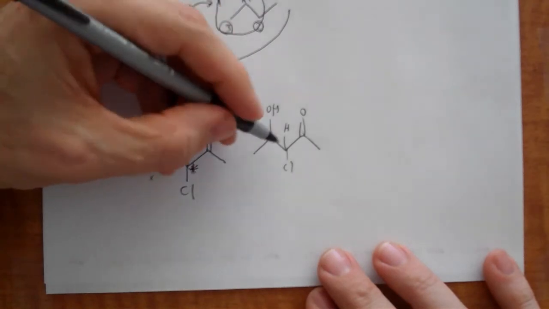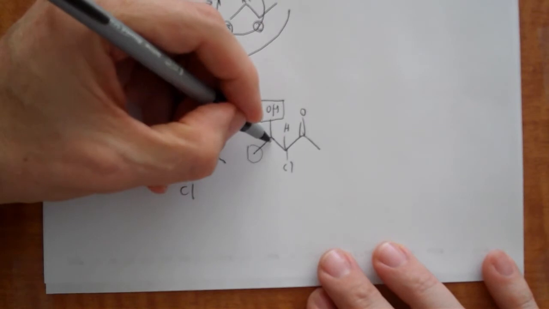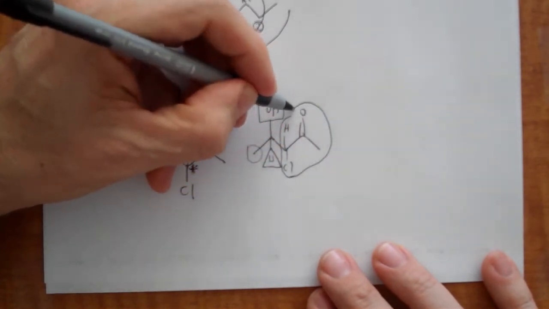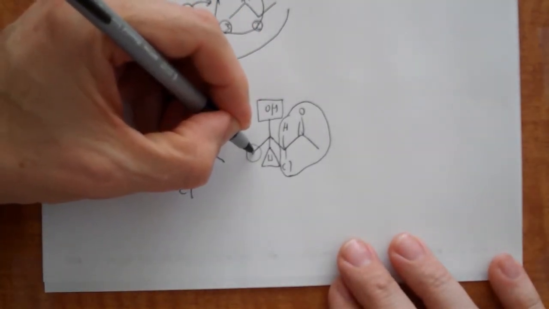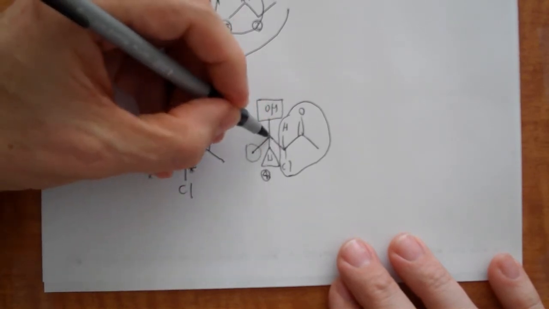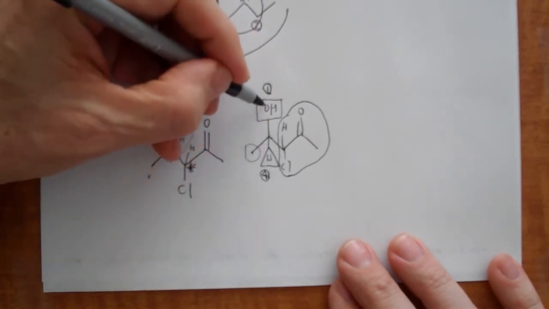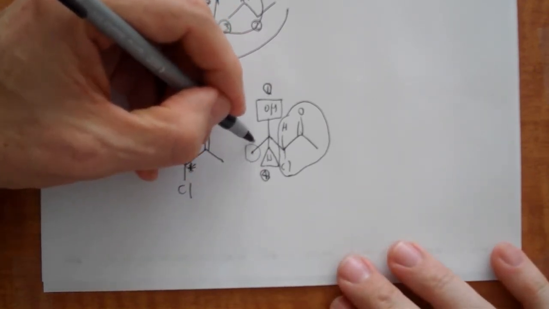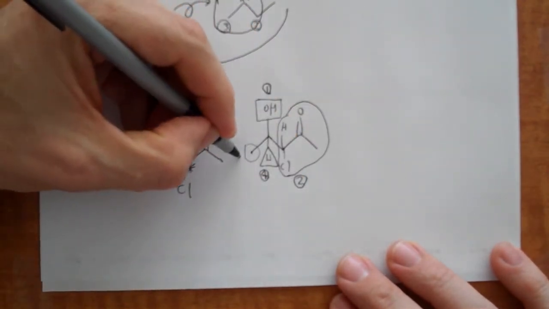Okay, let's talk about this one first. It's got a methyl group on it, a hydroxyl, a hydrogen, and this other mess. Okay, so let's go out. First of all, the first carbon out's a carbon over here. The first carbon out's a carbon over here, and this is hydrogen. It's going to be last. That's going to be number 4. But this first atom out's an oxygen, so that's going to be priority 1. Carbon, carbon, hydrogen, oxygen. Now this one over here, it's got a carbon and 3 hydrogens coming off of it. This has got a carbon and some other things coming off of it. So this is definitely going to be priority 2, and this will be priority